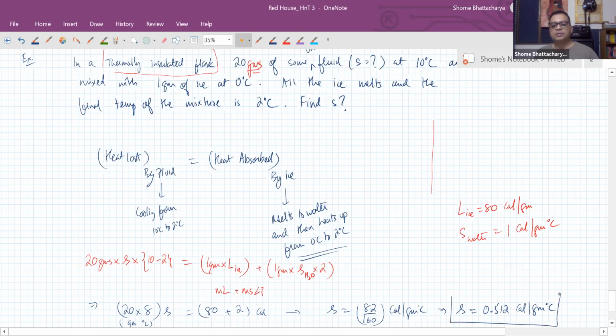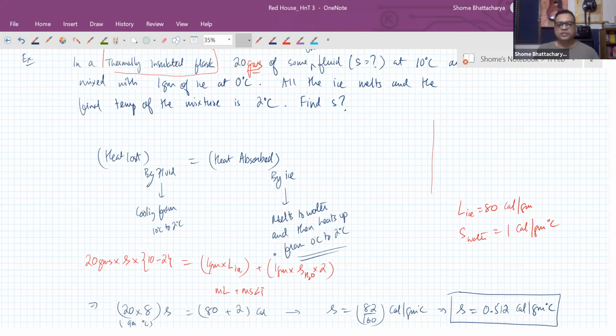So this is a typical type of question in calorimetry. All that definition of specific heat capacity, latent heat, etc., is to be able to execute these type of questions where we are applying this principle, which is basically a consequence of zeroth law of thermodynamics. The exact statement of zeroth law is somewhat different, but when we apply it in numerical situations, it becomes this only, that within a thermally insulated environment, if there's heat exchange happening between one thing and another thing, then the heat lost by one must be equal to the heat gained by the other.